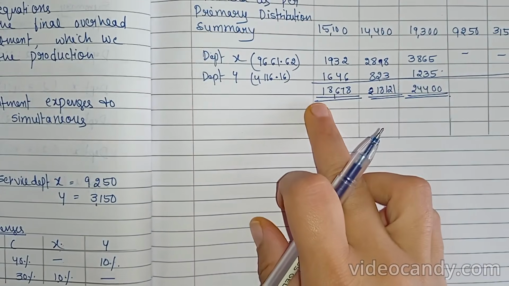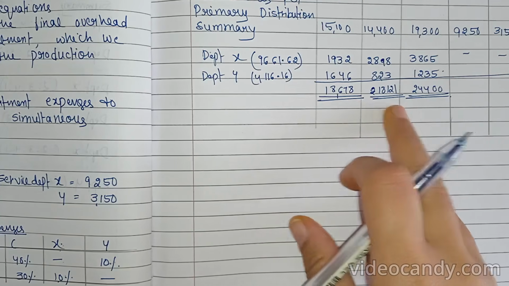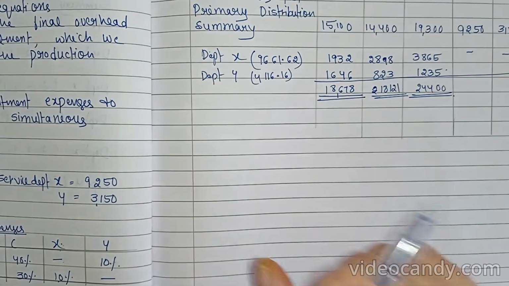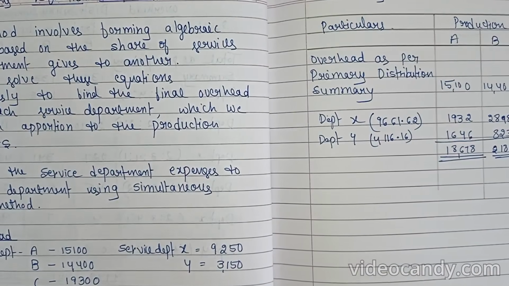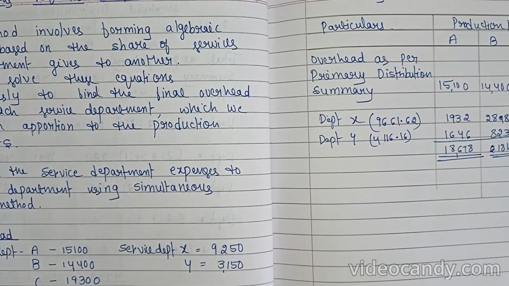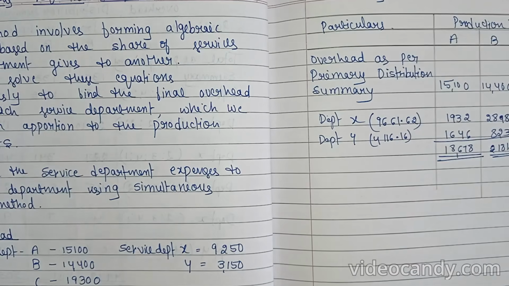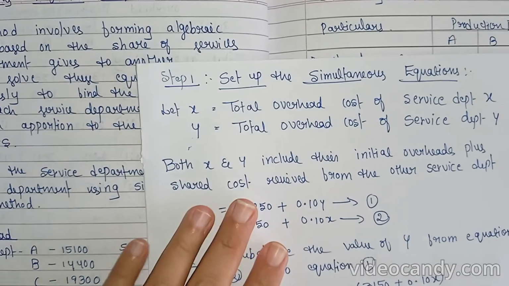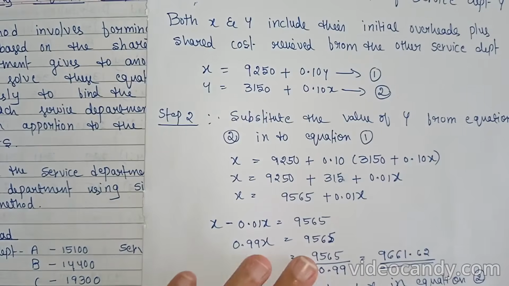That is A department's overhead cost is 18,678, B's 18,121 and C 24,400. So here we have finished the practical problem under simultaneous equation method. So this is very simple, but you need to know how to set up the equations and how to solve them. First here what we have to do, we need to set up the simultaneous equations, and second,